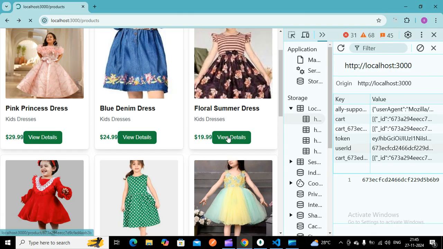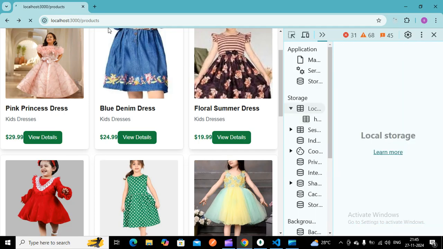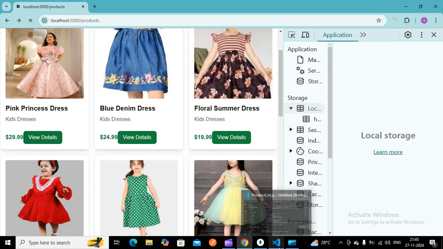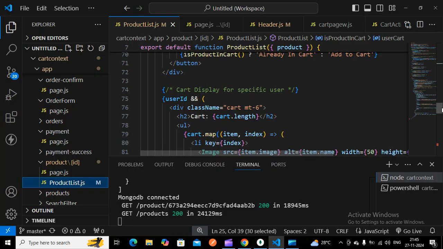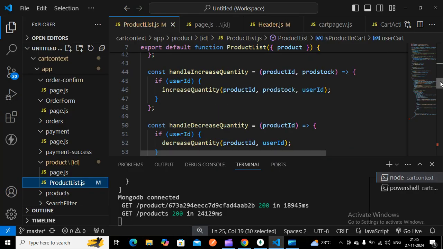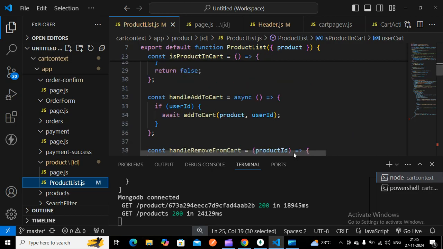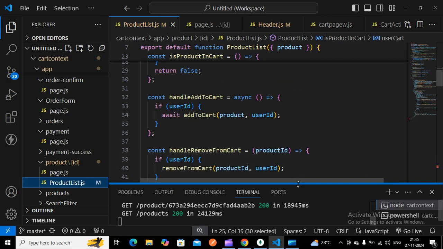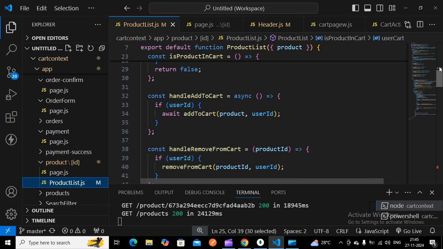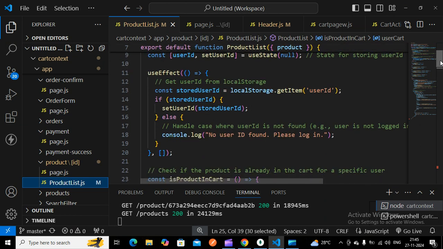So here once I click this, it's loading. In the product list, once I click this, you will be getting that specific product. That product page itself, you will be getting that cart item I have shown. So it's already been added in the cart like that we have set it.